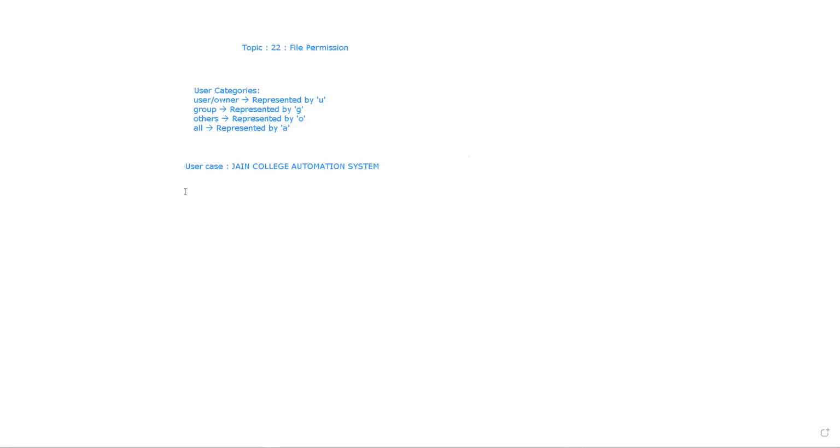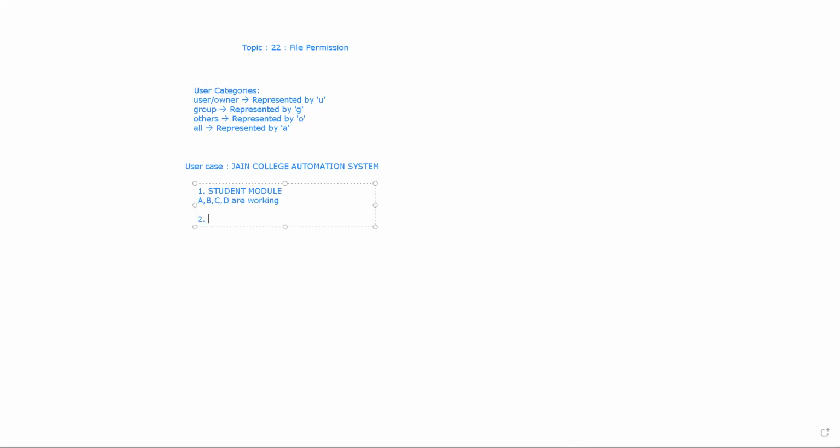The student model is developed by users A, B, C, and D. These are the developers working on this model.